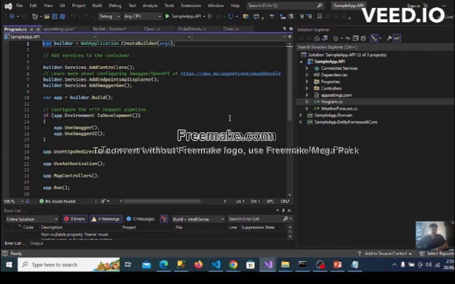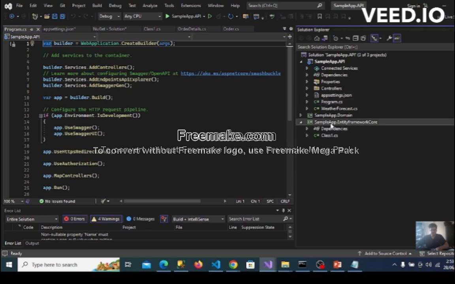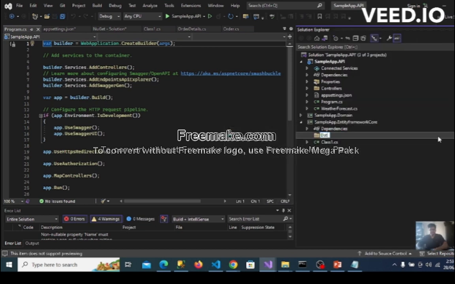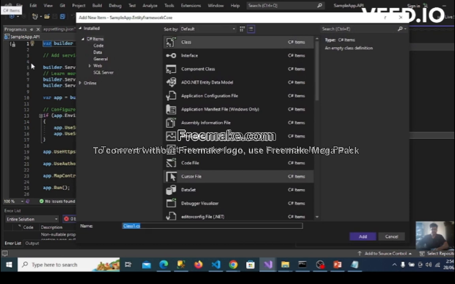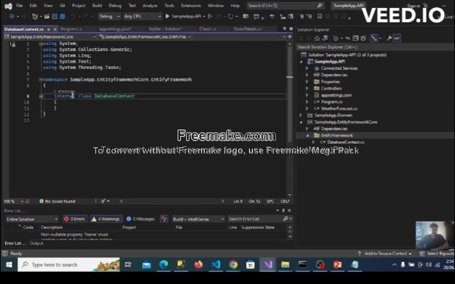Now let's take program.cs. There we are going to define the DB context. We need to define the DB context, but before that we need to create a DB context here. So add one more folder. This is data entity framework. Okay, I'm adding a class database context. I'm marking it as public,